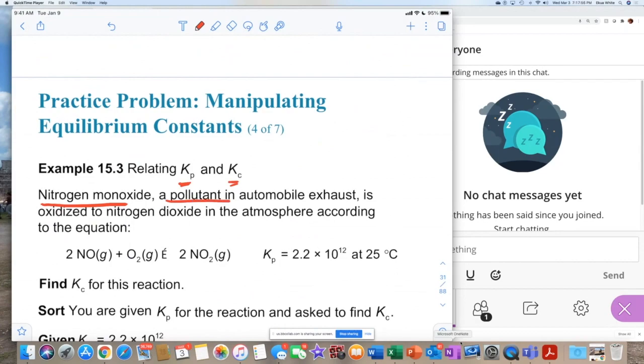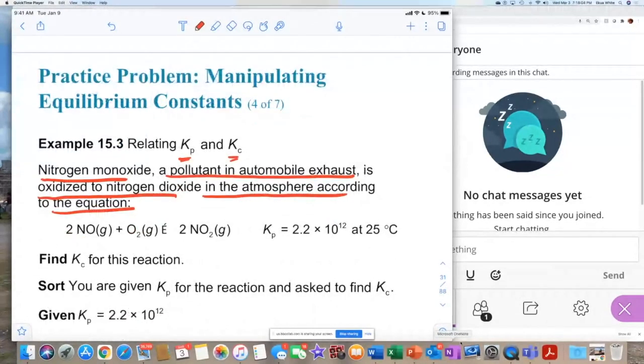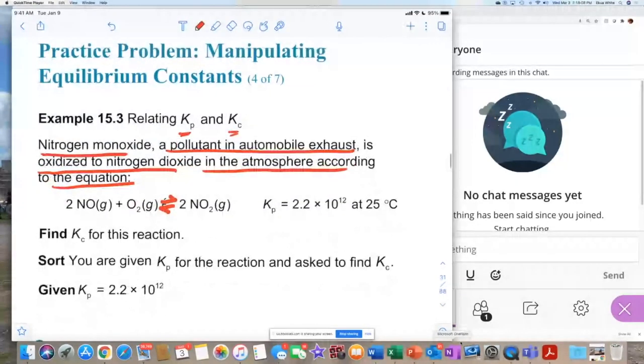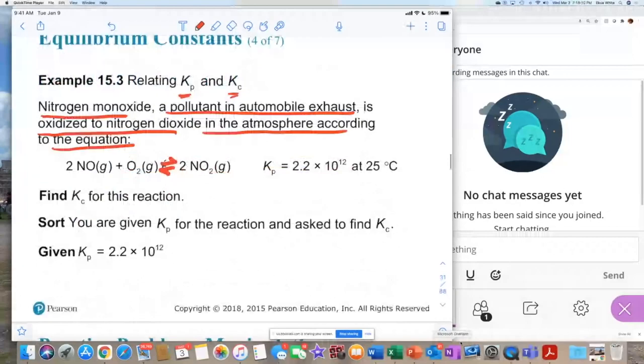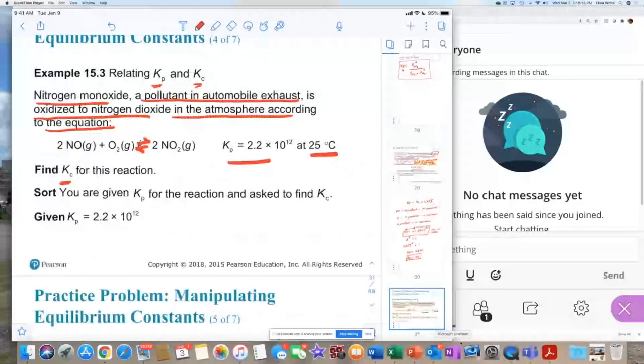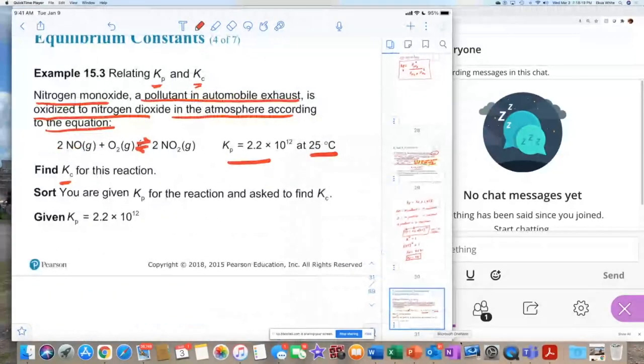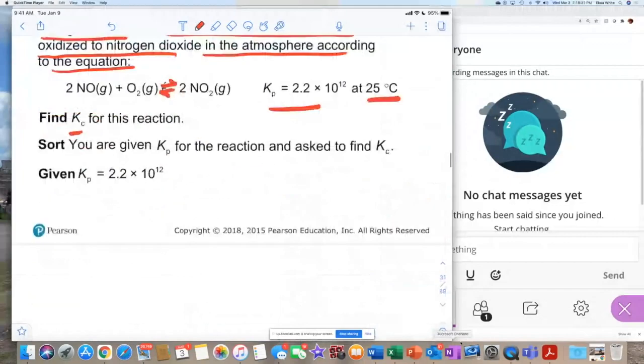Nitrogen monoxide, a pollutant in automobile exhaust, is converted to nitrogen dioxide according to the following equation, where the E symbol is where our equilibrium sign should be. We're given Kp at this temperature to find Kc. We should be able to do this, right? Because you remember, Kp equals Kc delta,